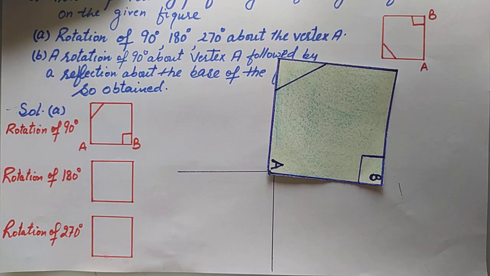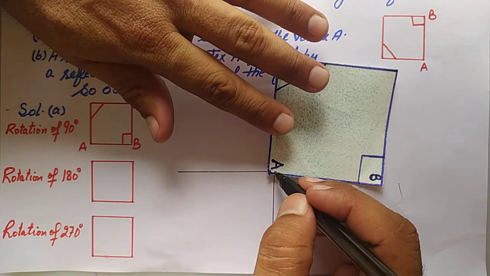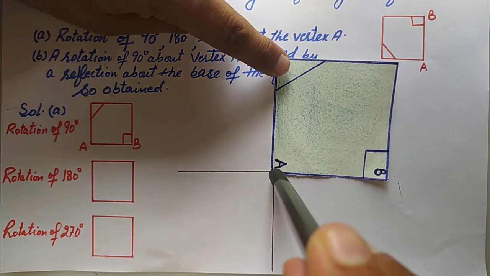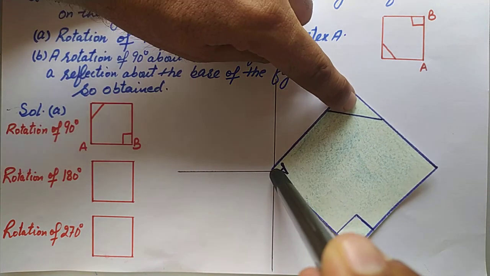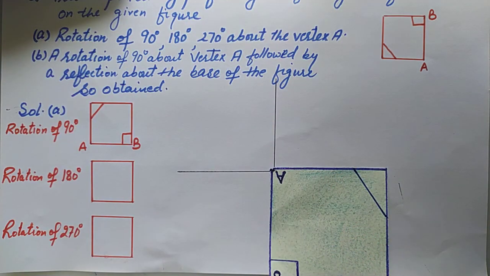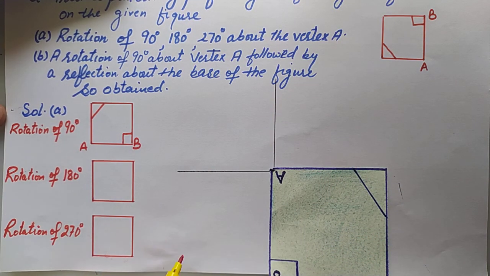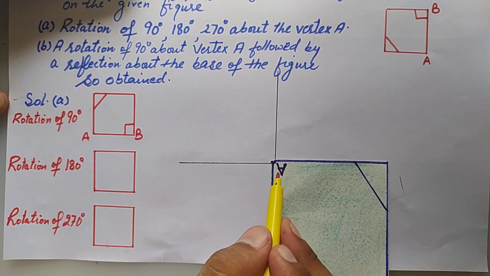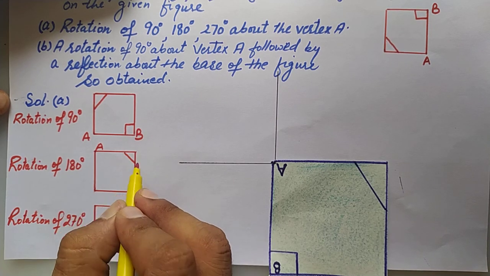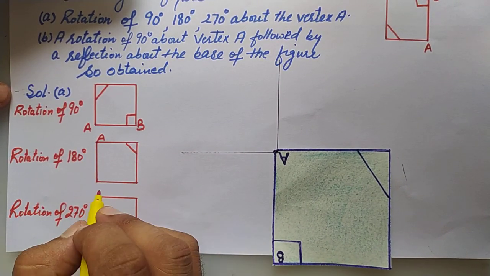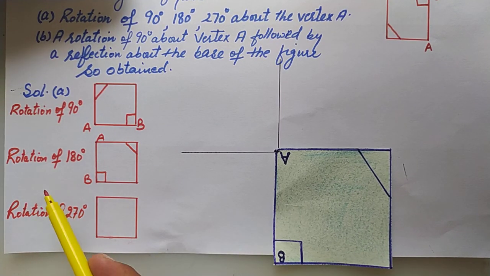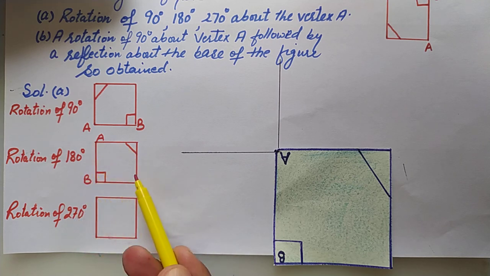Now let's rotate this by 180 degrees, meaning more than 90 degrees is rotated already. One more rotation of 90 degrees will complete its 180 degrees. So see, it is 180 degrees. Let's see what the positions of these points are now. It is A now, so A is this, right? And this is our cutting line, and this is vertex B here. So when we rotate this by 180 degrees we get this figure this way.